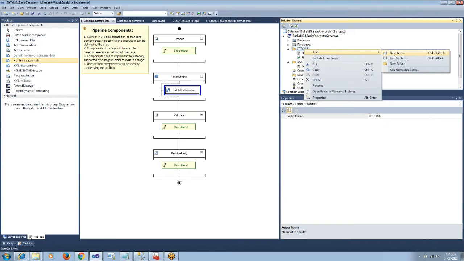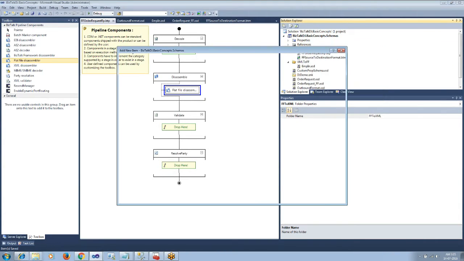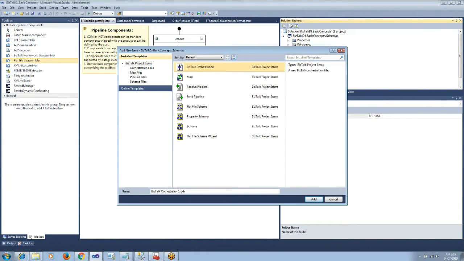Let me add an orchestration where we will receive the message inside the orchestration, apply the map, and then send it to the target.